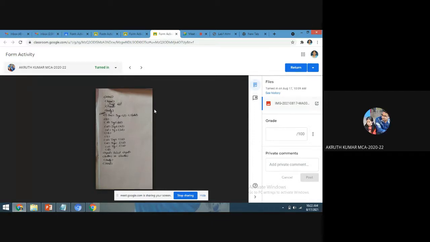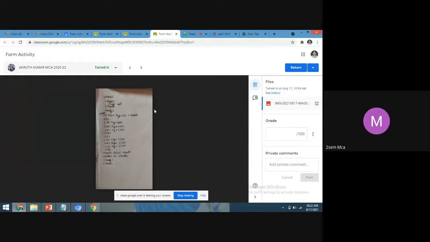Okay, ma'am. See, the form tag generally when we use is when you're developing a project like a registration form or some form. So there I told you to use a label tag, text tag, and the button. Okay, fine, you have used a label tag, but where is the form tag? When we say create a form, then the form tag should be there, no?